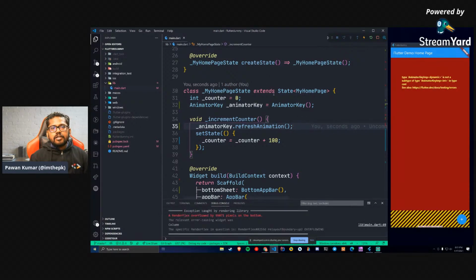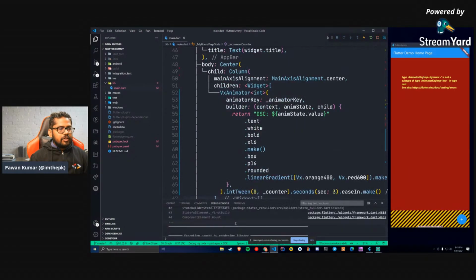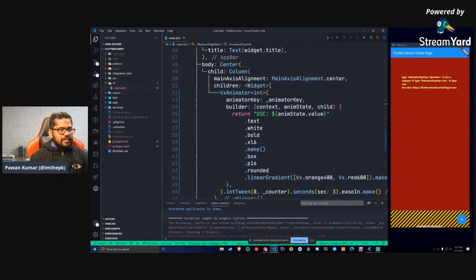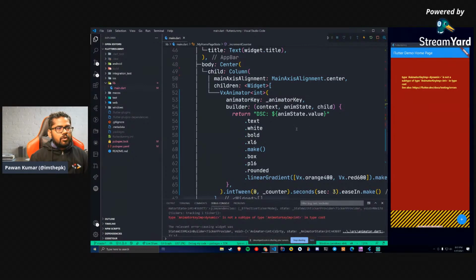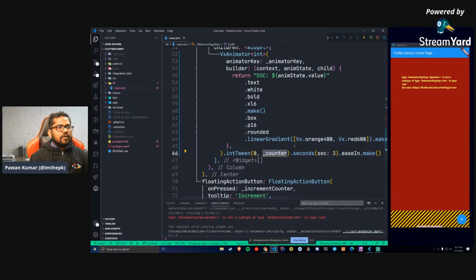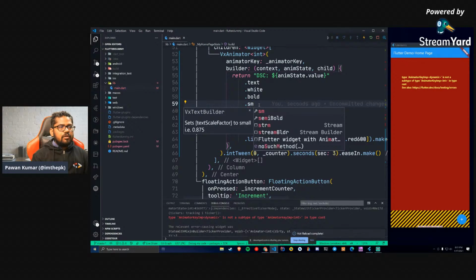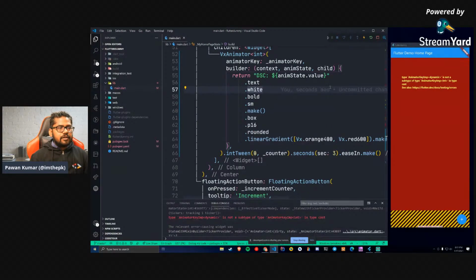Okay, so it is saying that this. Let's do a hot restart again. And we got some issue with the sizing and all. So what we can do here, one second. Let's make the size a little bit smaller, if that fixes it.